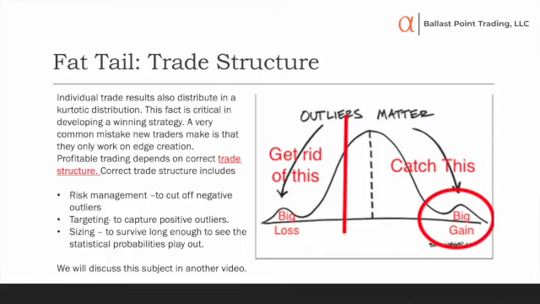So the purpose of risk management is to cut off the left side of the distribution so it doesn't even exist. And everything that would have fallen out in that area all clumps up against that, where that stop loss line or where your risk management would be. All the bad trades pile up right there. So you're going to have more losers typically, depending on your strategy. If you're a trend following strategy, you're going to have more losers than you are winners because that whole side of the distribution is bumped up against wherever your risk management is. But that's okay. Doesn't matter. You're still going to make money.